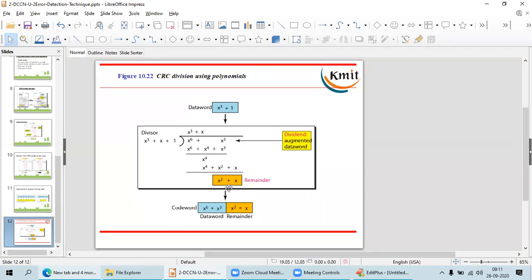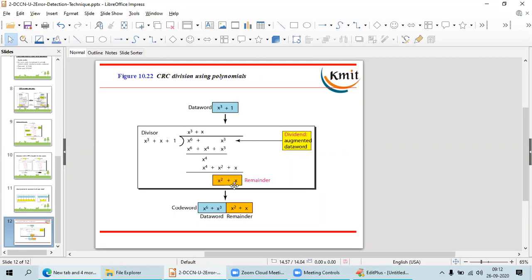My resultant is x power 2 plus x. I got x power 6 plus x power 3 done, and x power 2 plus x as the remainder.